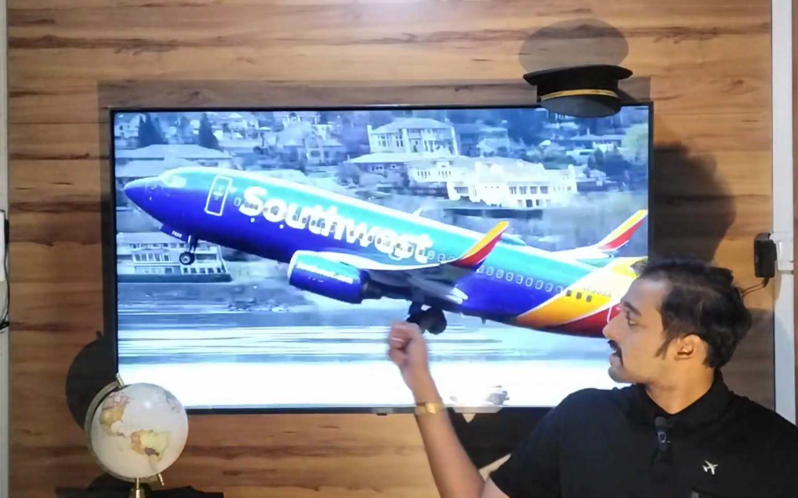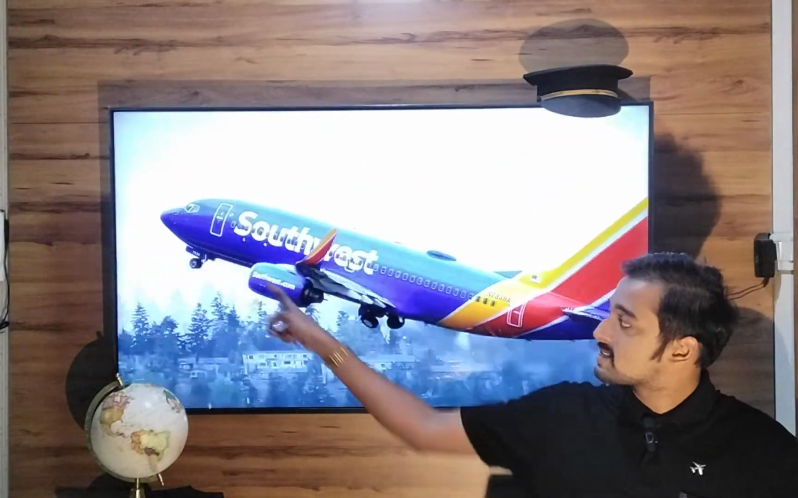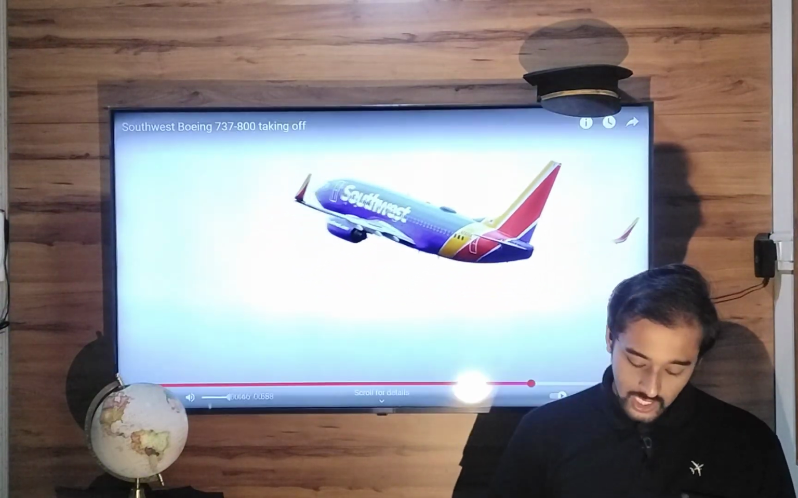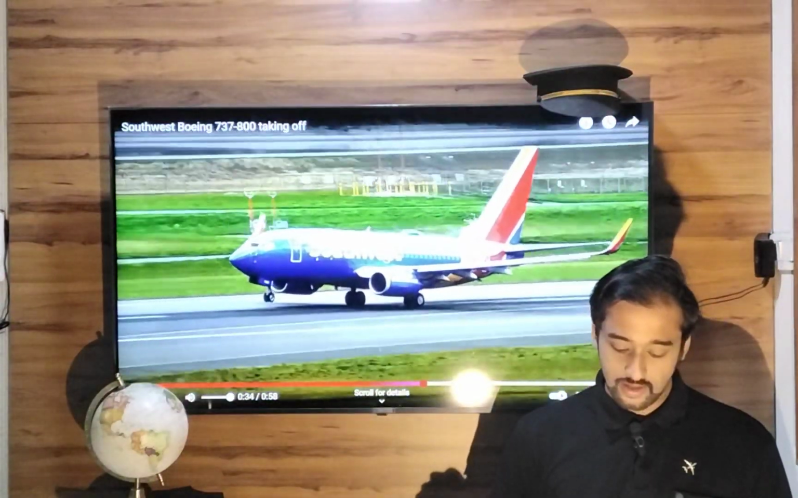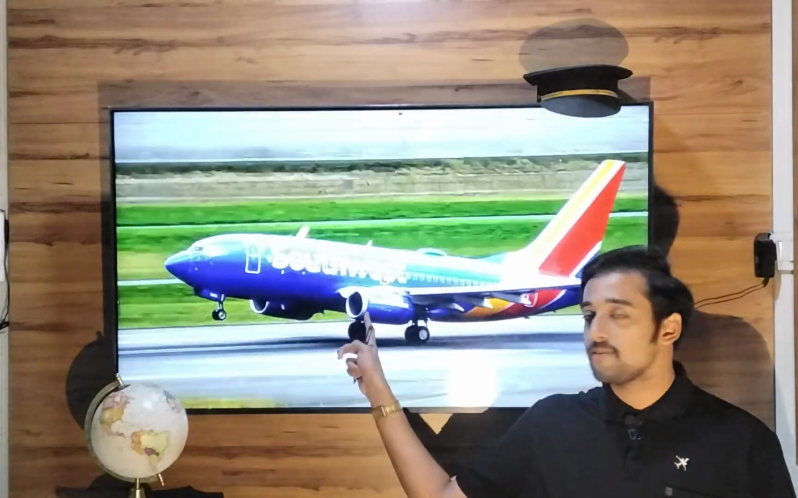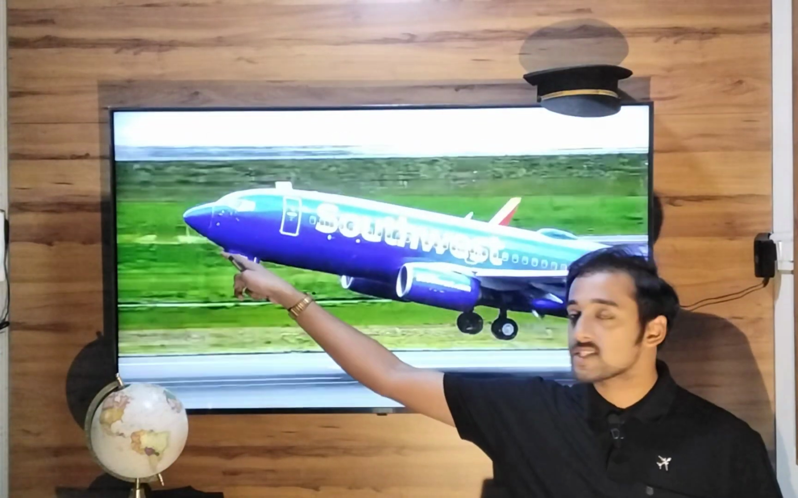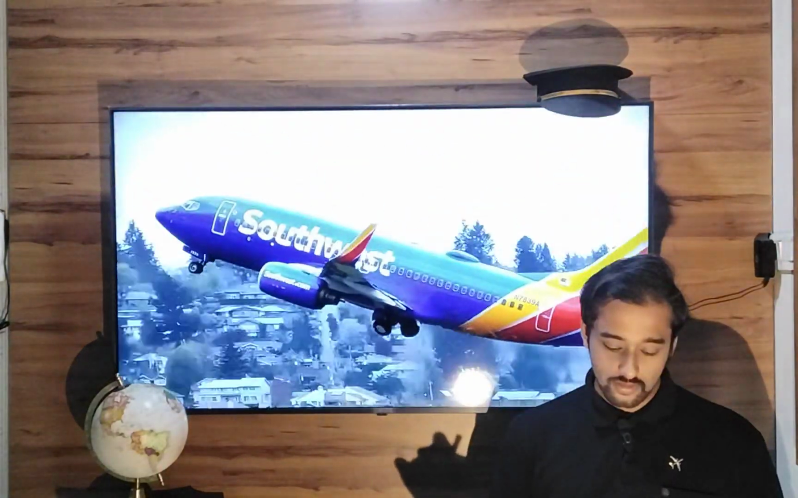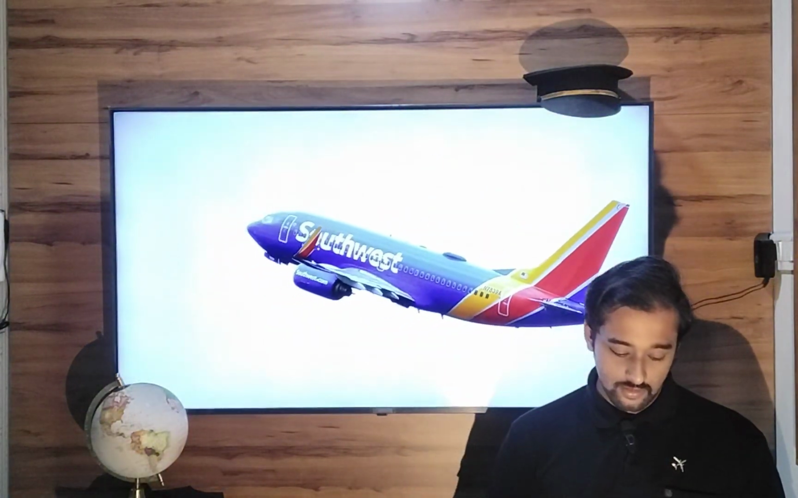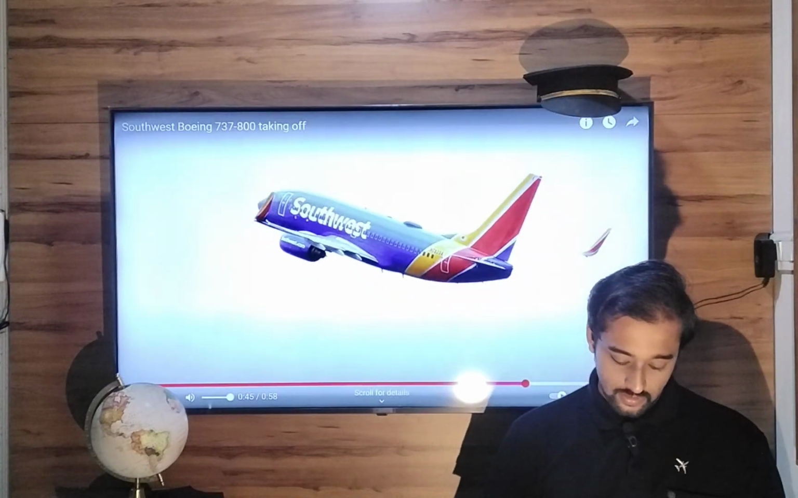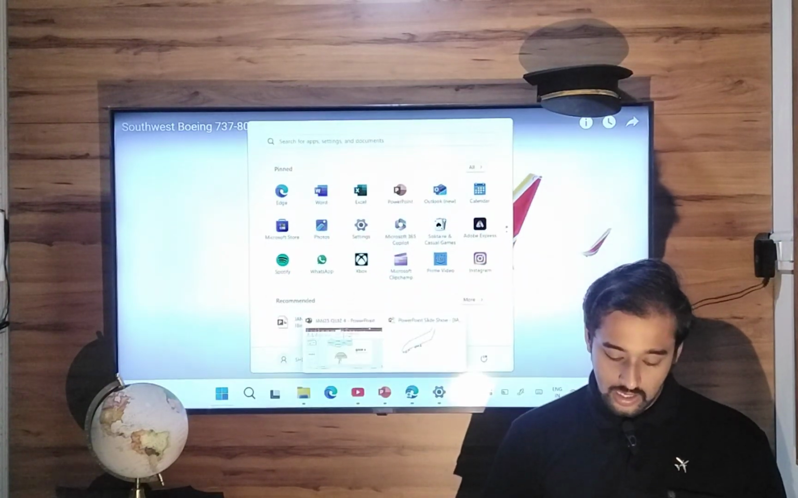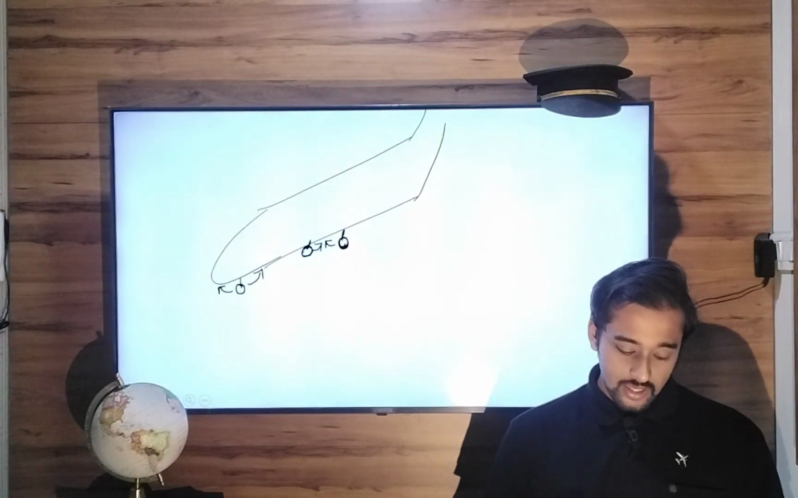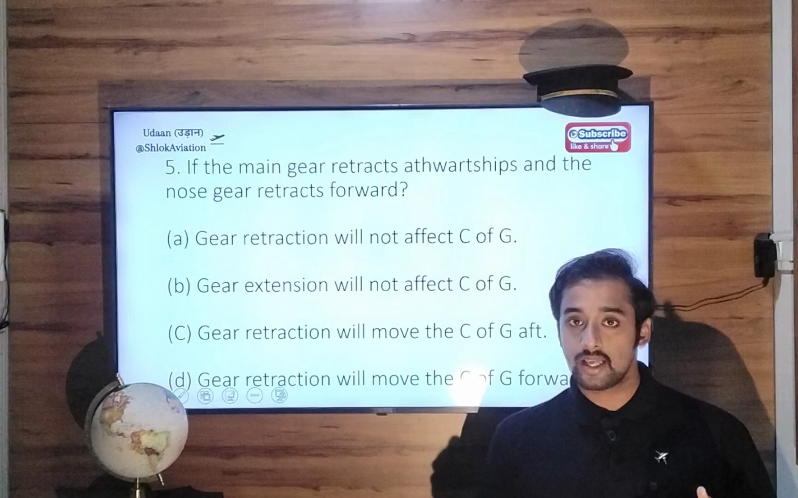Here you can see the main gear retracting inside, nose gear retracting forward. Okay, so I will show it again. The main gear retracts in the belly, the nose gear retracts forward. So this is how the landing gear retraction happens, and the answer is if the gear retraction happens in the